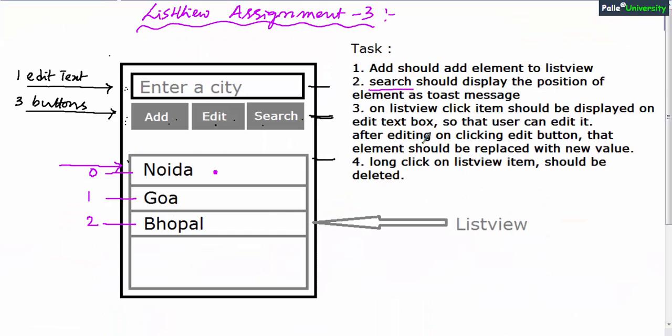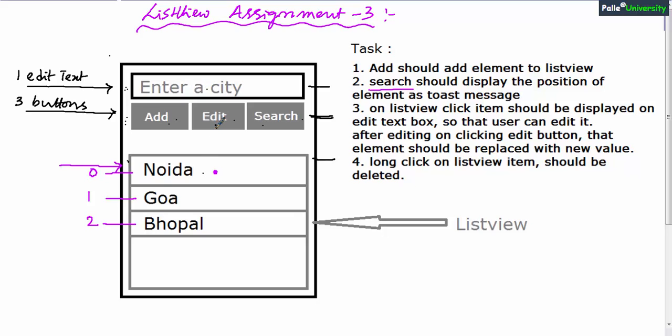Now let us see the editing functionality. For editing functionality, before writing editing functionality logic, first we should write list view click listener also. Because if user wants to edit Noida, first user will click on this item so that that item will come to edit text box.